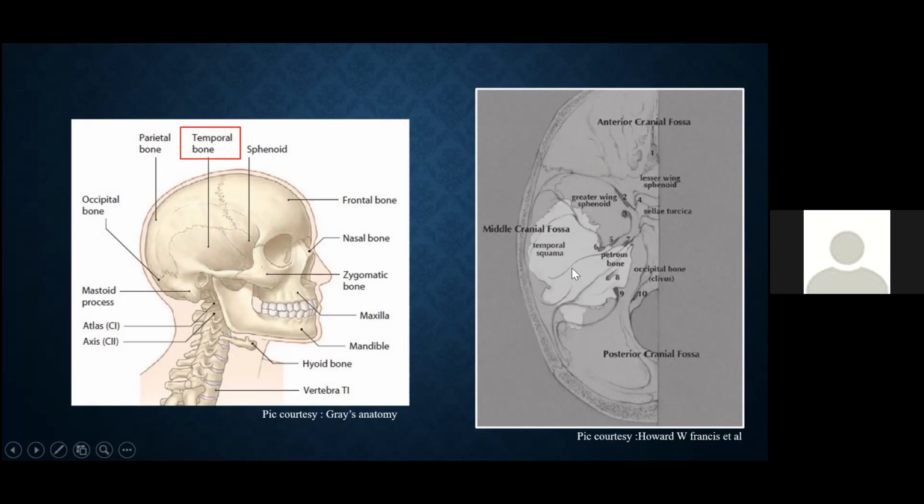And also it is forming a part of the floor of the middle cranial fossa as well as the posterior cranial fossa. It's a very complex anatomical structure which houses the audiovestibular system of the body, and it transmits various nervous, vascular as well as muscular elements through various cavities, hollows, which we'll be studying as per the structures, the surfaces in the coming slides.